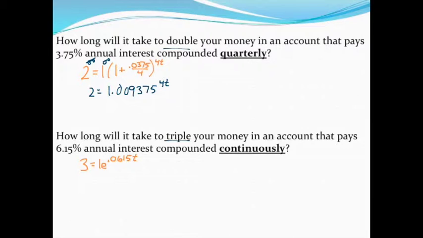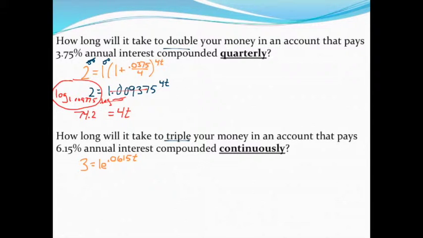Now to get rid of that base, just like I always get rid of a base, let's do a logarithm to both sides. The log I'll need to do is log base 1.009375, that whole thing. And once again, I'm going to do that to both sides, so I won't write the whole thing out, but I'm doing the same logarithm to both sides. When I do the same log base of the base I have, all that cancels out and leaves behind just 4t. Now over here I can use a calculator to evaluate this part of the problem, either using the log base button or the change of base formula, but this side works out to be about